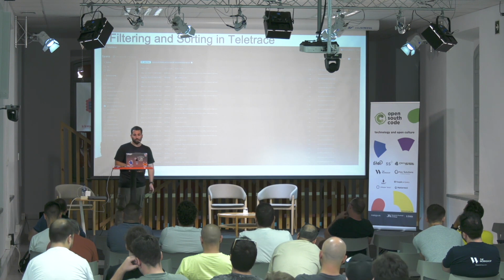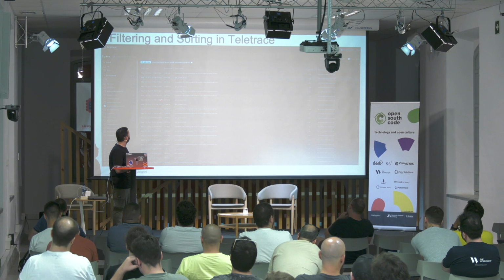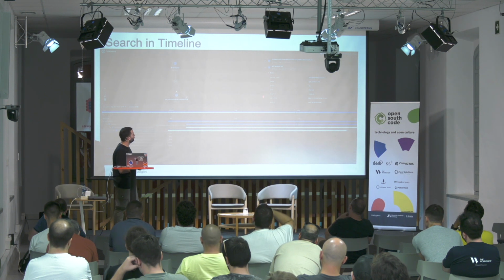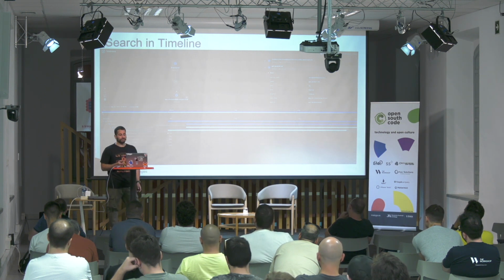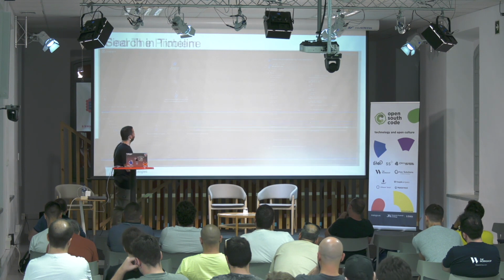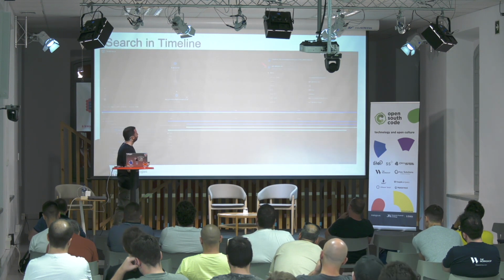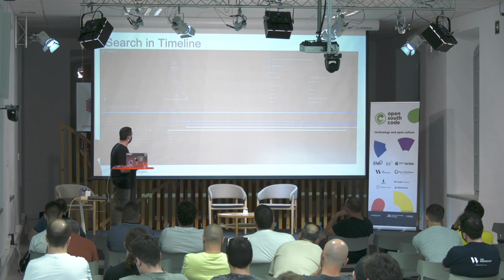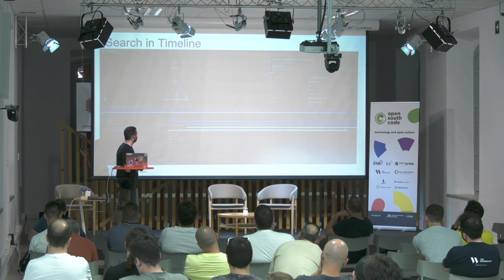So what can we do? We can click on a single span. For example, let's click on this one or that one. After that, it will open a new view called the trace view. Before, we were in the context of spans. Now we can see the full trace that the span is part of. Here we can see the timeline view that I talked about before. Believe me, the problem is caused by the get products list function, because you can see that it takes almost the most part of the request. So if we click on it,